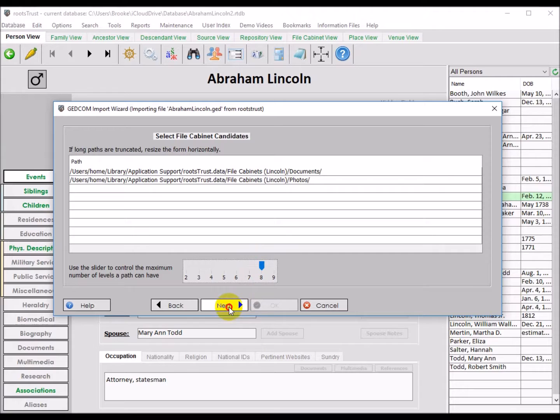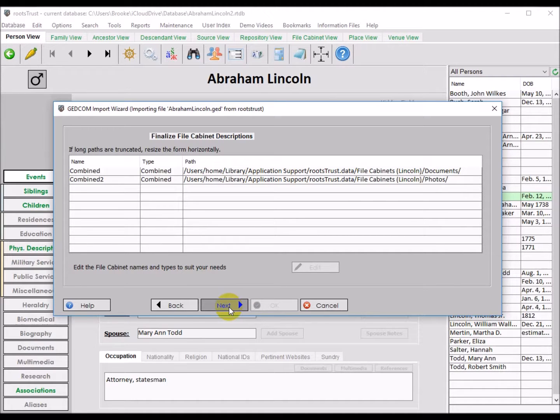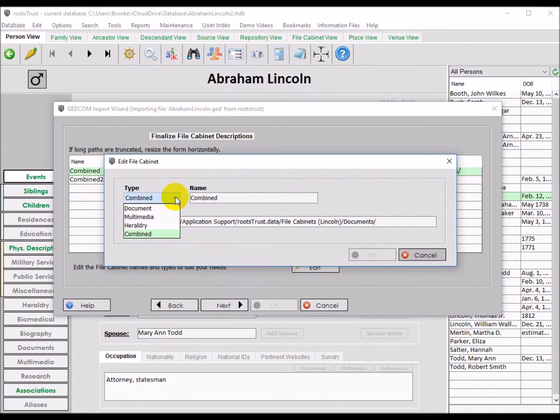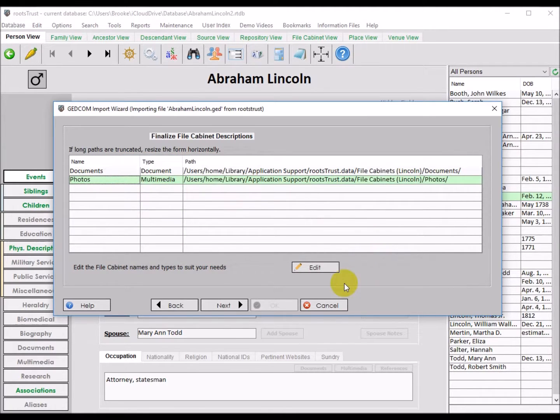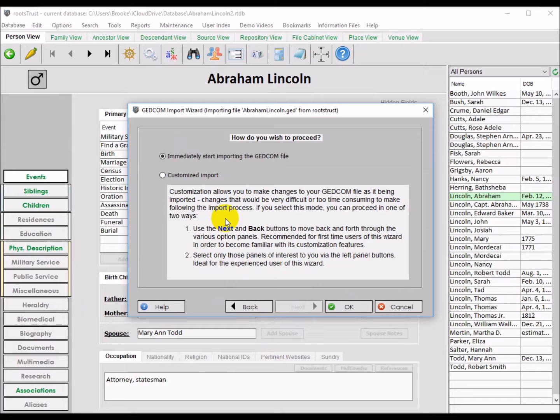After clicking Next, I am given the opportunity to edit the names and types of my selected file cabinets. I changed the type of the first one to document, and rootsTrust has already changed the name for me. And the second one I changed to multimedia, but I want to name that photos. Okay, now that I have taken care of the file cabinets, I arrive at the decision panel, and this time